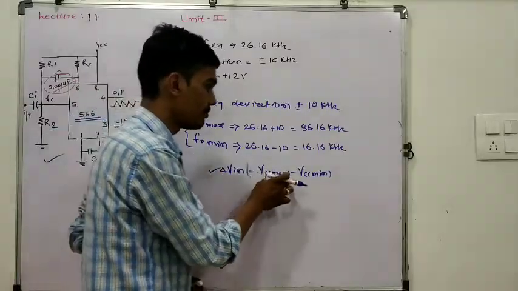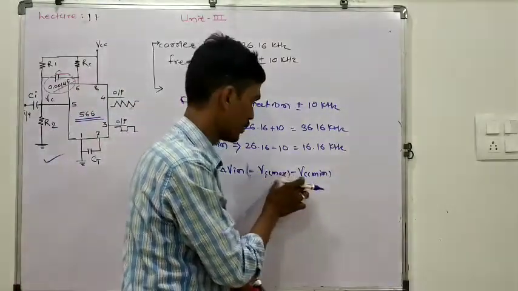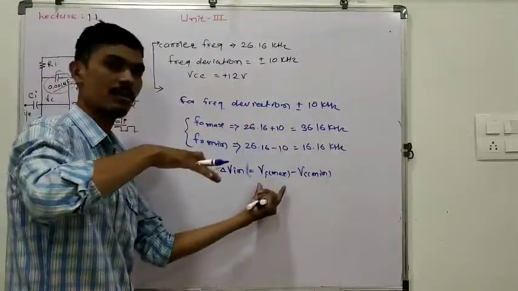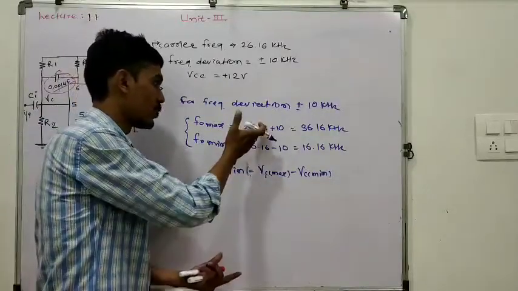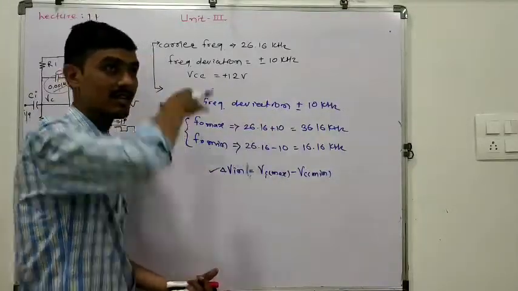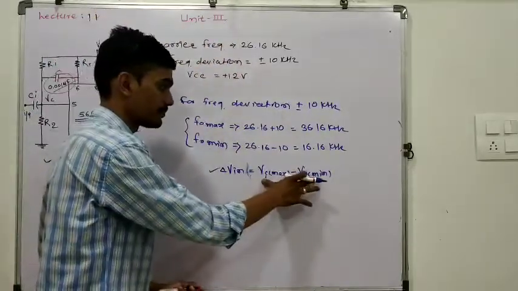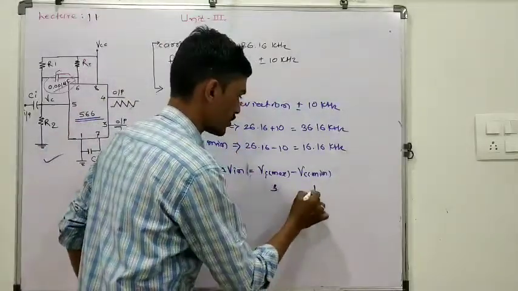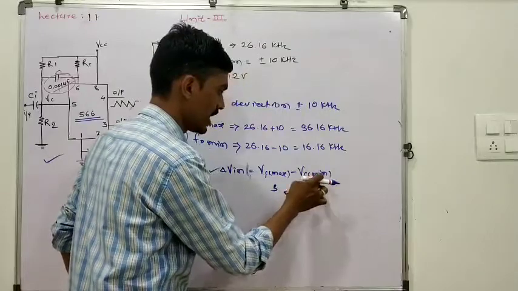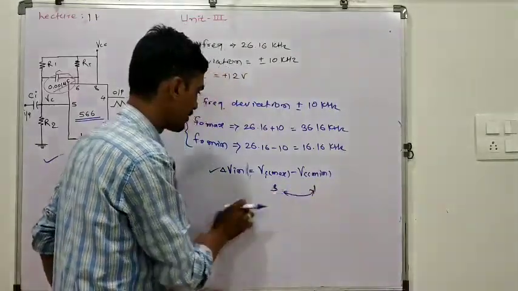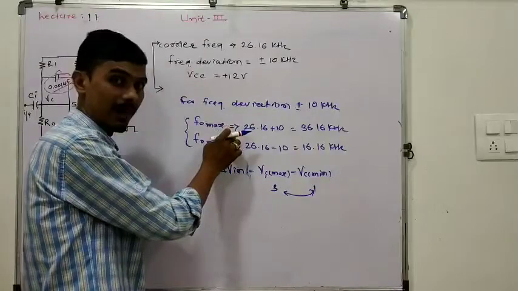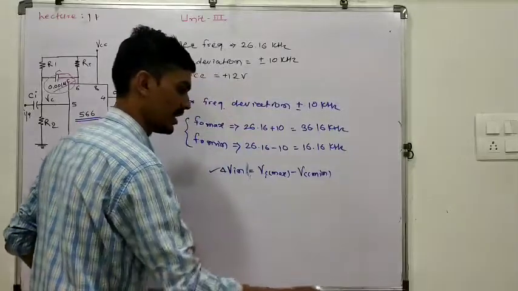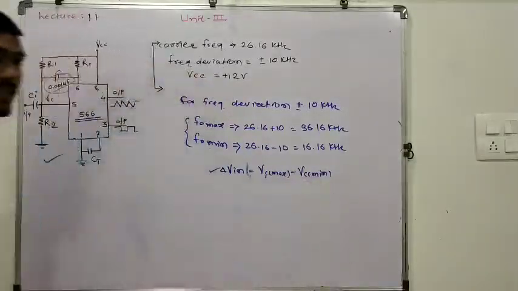So how are we going to calculate the Vin? Vin will change the Vc min and Vc max. So ultimately Vin varies between the levels Vc minimum and Vc max, and depending on that we get the two frequencies, the highest and the lowest. In between, Vc will vary, for example, from 1 volt to 3 volt. Accordingly, the frequency is varied from F min to F max. So this is what we have to calculate.